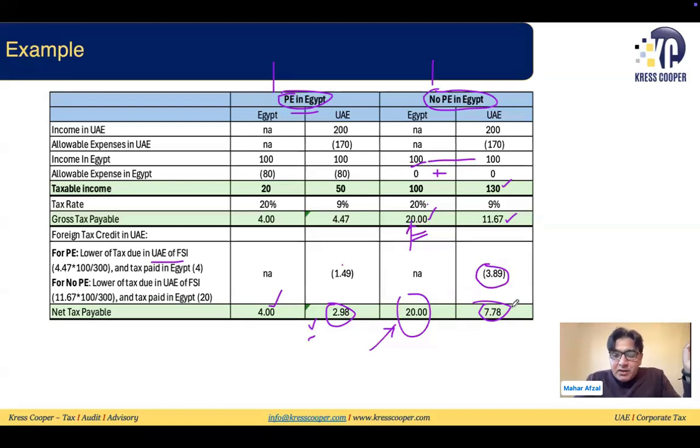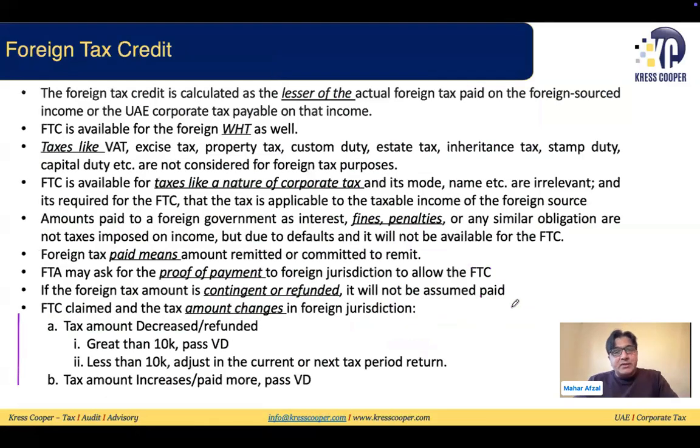There are two things. Now, this is the provision. If there is any amendment in your tax, wherever this tax has already been withheld and paid, or even if you have a branch over there, whatever tax you have paid, you have taken it back in the respective foreign jurisdiction. If you have taken this tax back or there are changes in the tax amount, maybe you will be liable to pay more tax to the respective tax authority. The law says if the tax you have paid in the foreign jurisdiction has been refunded to you or has been decreased, and this decrease is greater than 10,000.